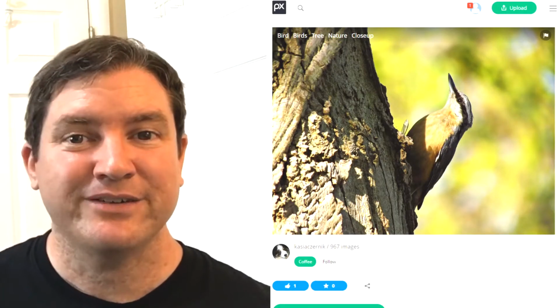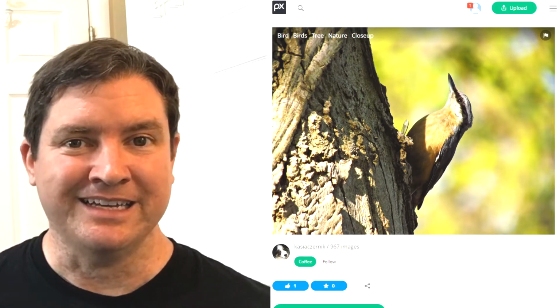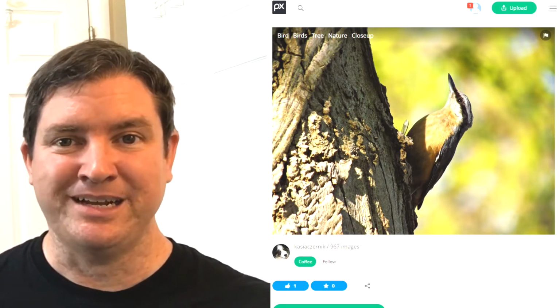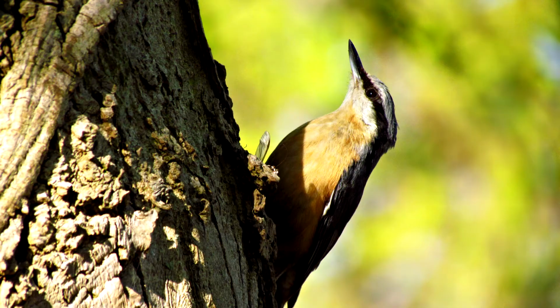Okay, we're going to try to identify this bird. This bird looks a lot like a nuthatch, just based on its general body shape, and I only know that because I've done this enough times that it's like you're looking at a bird on the side of a tree that's hanging on vertically. That's something that nuthatches do, and that slightly upward pointing beak, that's a nuthatch type of